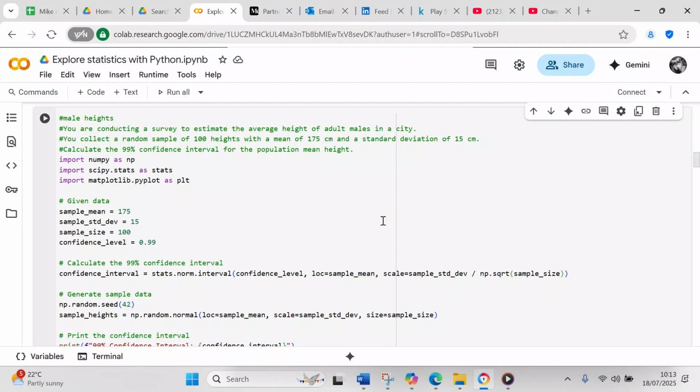Confidence interval equals stats.norm.interval, brackets, confidence level, comma, loc equals sample mean, comma, scale equals sample standard deviation divided by the square root of the sample size. And then after we have calculated our confidence interval, what we're going to do is